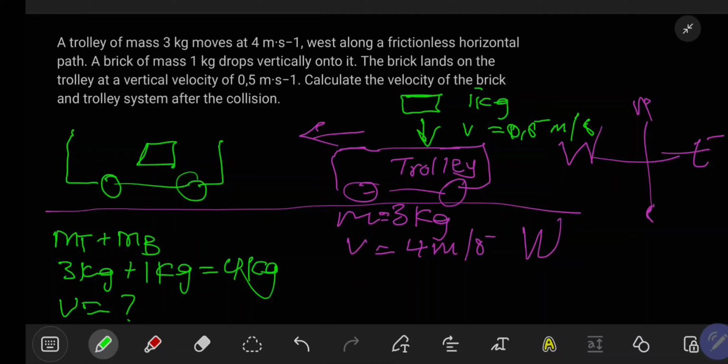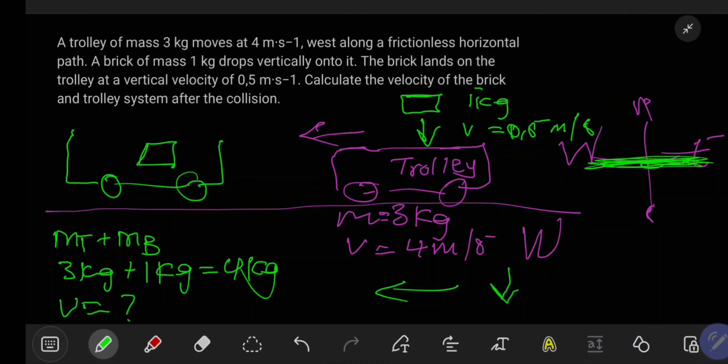Horizontally, the brick does not have velocity because it is not moving in this direction, but it's moving in this direction. And we are talking of linear momentum, and when we talk of linear momentum, we talk of this horizontal plane. So this brick does not have a linear or a horizontal velocity,